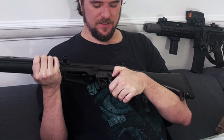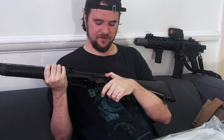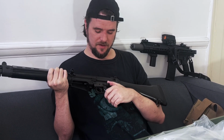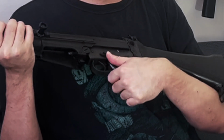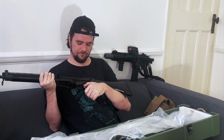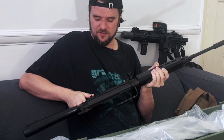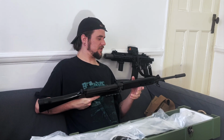So you can go straight through semi-auto, from safe, semi, and then the throw to auto is a lot farther. It's definitely a very purposeful thing, switching to full auto. You go all the way around and click up to there. Safe, semi, auto. There's quite a throw on the thumb to get to auto, and I guess that's deliberate. You're not supposed to be blapping this in full auto all the time. However,